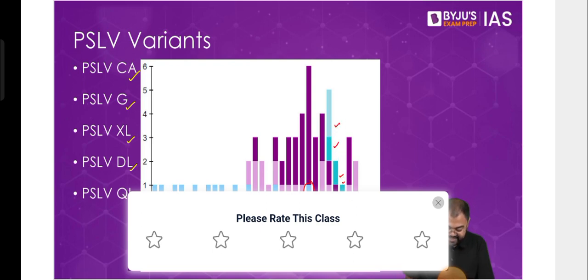And then after that, we have PSLV CA. So the pink one, if you see, this is PSLV CA. This year, there are 2 launches of PSLV CA that we have done. There would have been another one added if this class was happening 1 week later. Then this would have been 3, and this third one would have been this dark purple, that is PSLV XL, because with the help of PSLV XL, Aditya L1 is about to be launched.